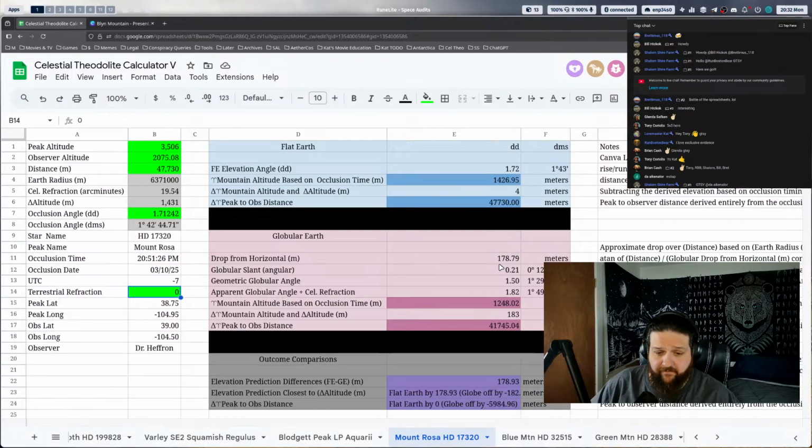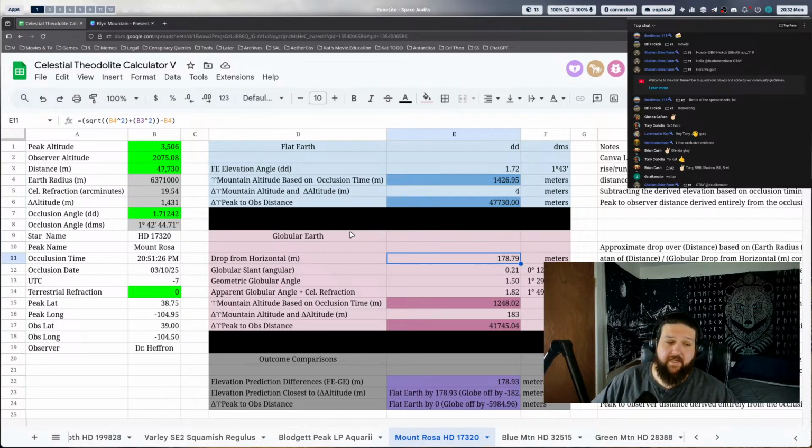And then again, the difference in how much they're off, right? The difference from our prediction minus what it actually is is 4. The difference in what the globe prediction is comes out to be 108. You subtract those. Oh my God, what's that? It's the globe drop in meters. How is it that we're using star occlusions and the known distance to backwards derive everything and compare, and we're getting what the globe predicts as drop?